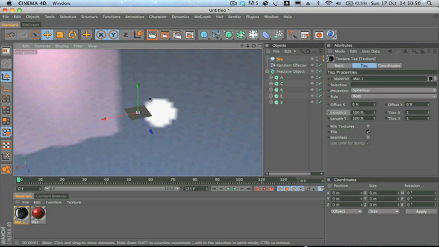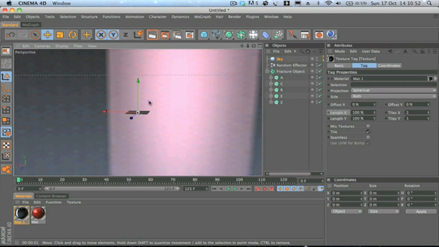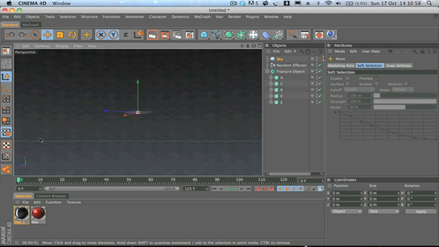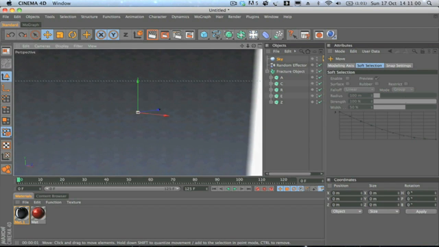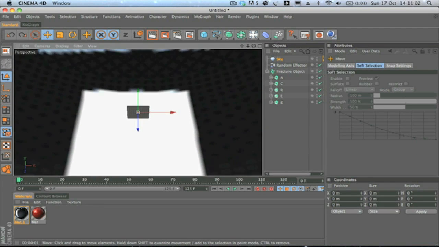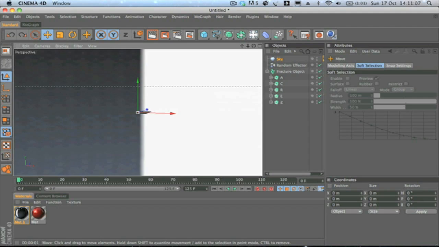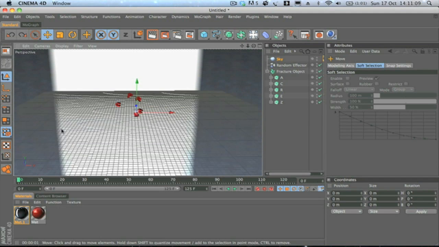That looks like a softbox light. This one looks like a softbox light, pink. We've also got a white light at the back there and a softbox up above. So if we zoom in now,